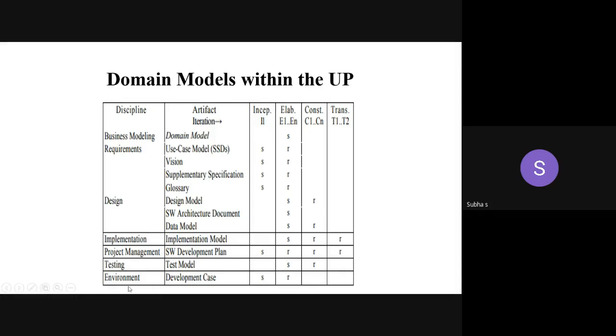Yes. Finally, for deployment, for the environment discipline, we need the development case, because you are going to actually deploy it to the user. Deployment means releasing the product to the end user or the customer. It's different from execution. Execution means we are just executing a program or a project, but we can't execute a product. We have to deploy a product.